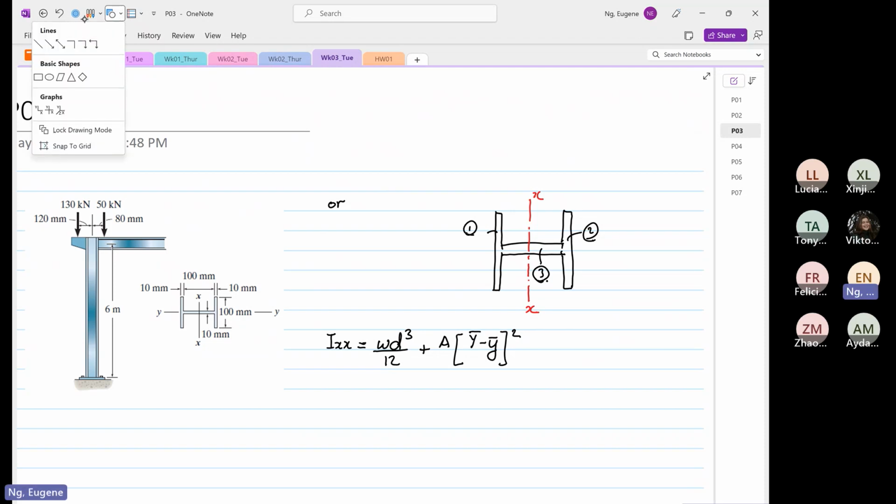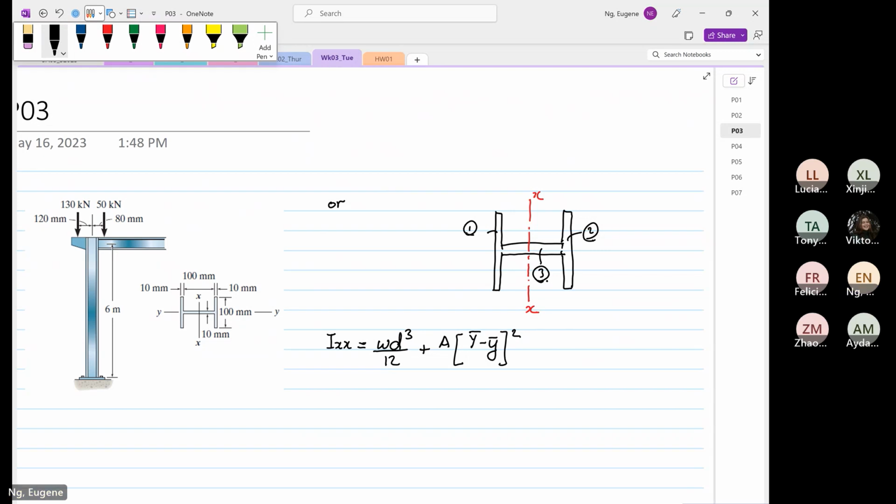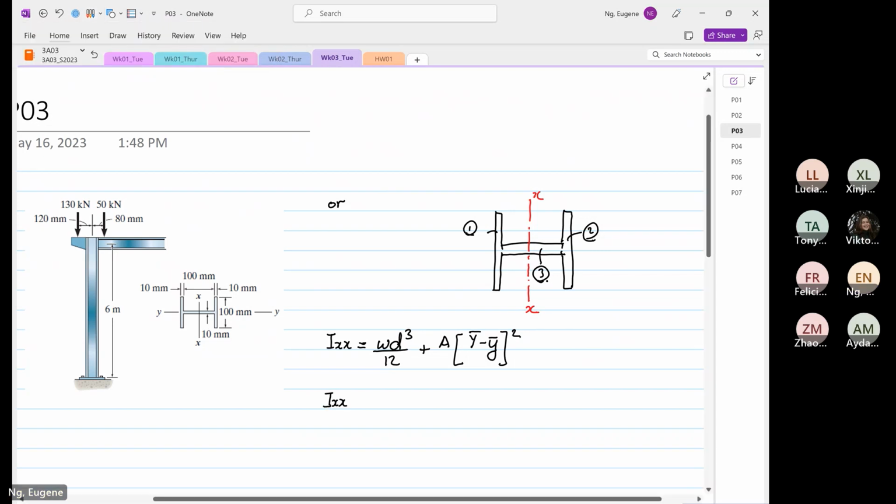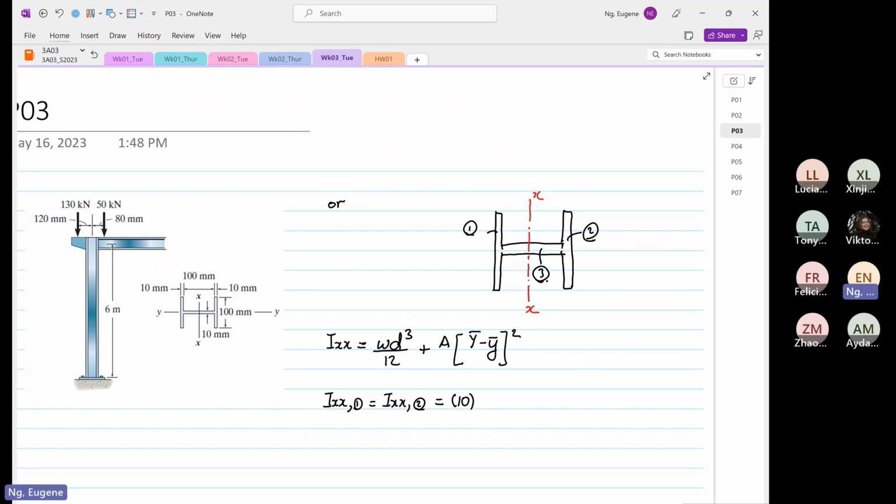So we're going to write IXX1, which is equal to IXX2. So the width is equal to 10. Wait, sorry, this is the width. It's so important to do this. This is the depth. I can get it wrong also. So the width is 100. The depth is 10 cubed over 12 plus the area, 100 multiplied by 10, then multiply by